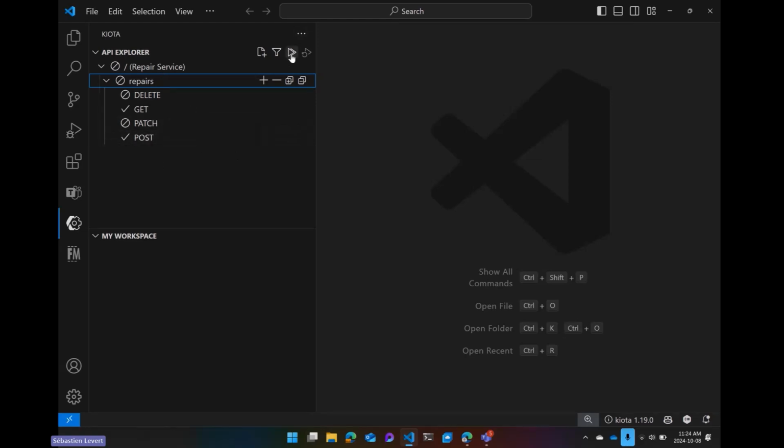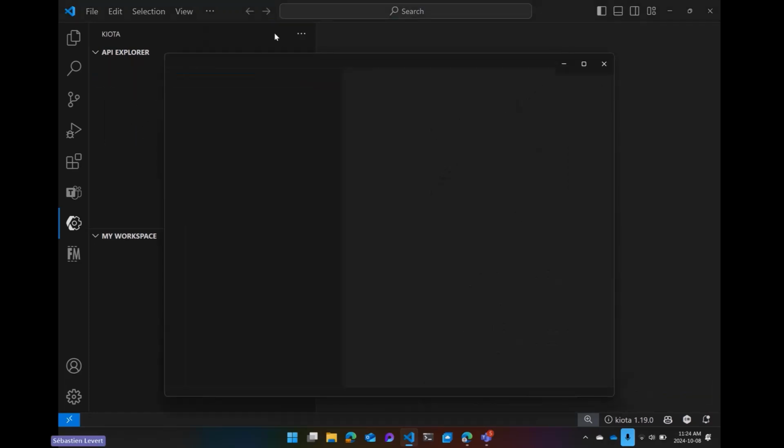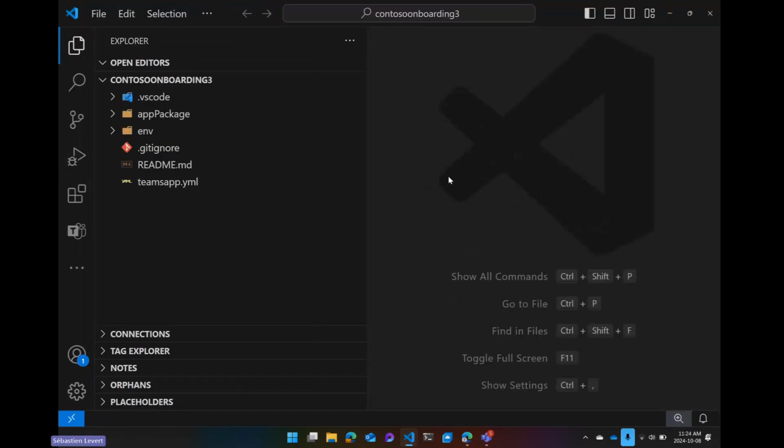Once I'm done, once I've selected everything, I can just hit generate. I'm going to be able to say I want to have it in my Teams app folders. I'm going to call it Contoso onboarding 3, just for the sake of it. And now I just created what I like to say is the simplest app that you've ever created. It took you 2 minutes to get started, a couple of choices, selecting your API, and from there, we created